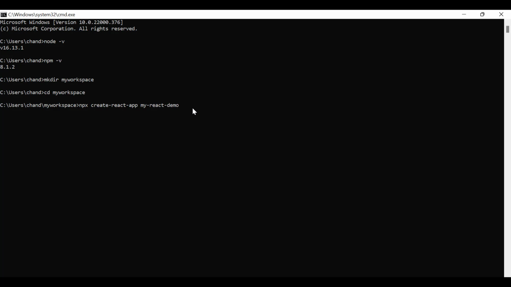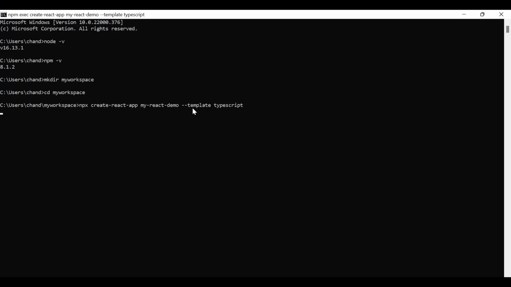And after that you can press a space, and after that if you want to normally create a React.js project, this command is sufficient. But if you want to specify that I want to use TypeScript instead of pure JavaScript, in that case you have to specify one more option, that is --template, and then a space, here you have to provide typescript. So this template you have to specify while creating the project, and click enter.